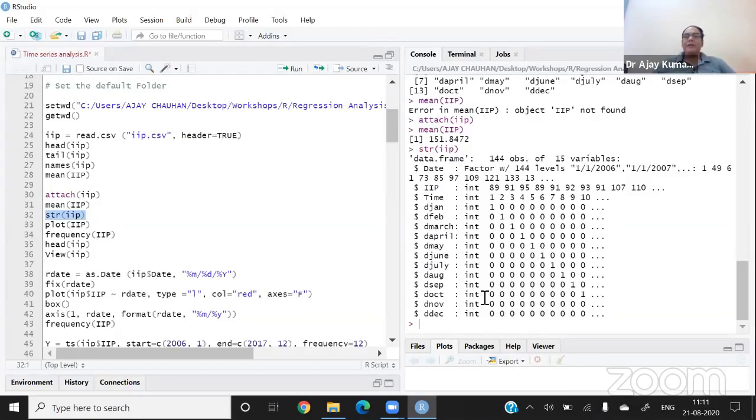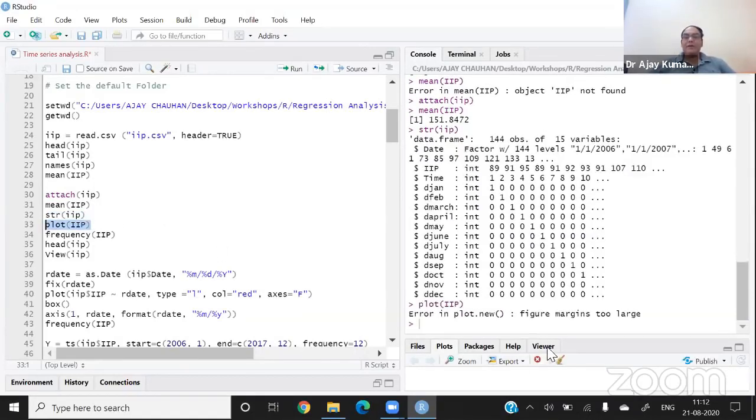In case any of the variables is a factor variable, then it is a problem for me, and I have to check why it is a factor. Factor means alphabet. So whenever we deal with time series, we should confirm that all the variables are integer, not a factor. There are two possibilities: the variable could be integer, or the variable could be numeric. If you have decimals in the numbers, then the software may show numeric. Otherwise, it is showing integer. So now I have integer, which is equal to numeric, and we can apply all the statistics on this data set. Now let me show the plot to you.